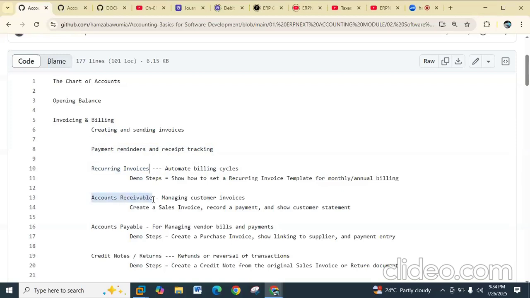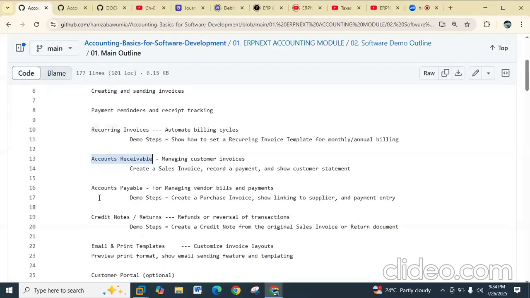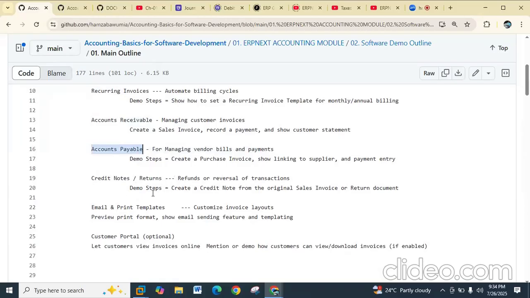Then you have your accounts receivable, and then accounts payable, we will get there. Then credit notes and all that. Some of them, I'm not that technical, so I do not know what you guys will use it for, but it's all in there. And this software is used all over the world by several accountants. It's just that it's open source. So for those of us who are software developers, we can go into the software and modify it to suit